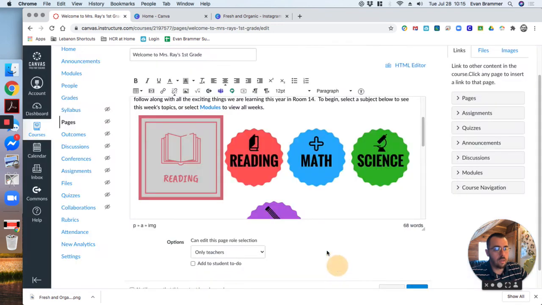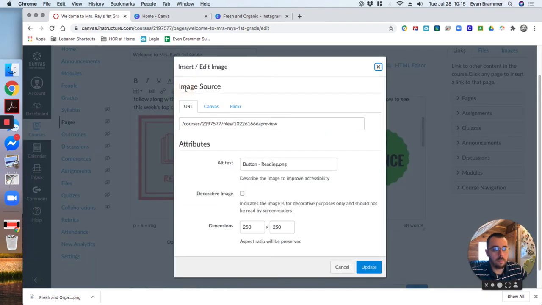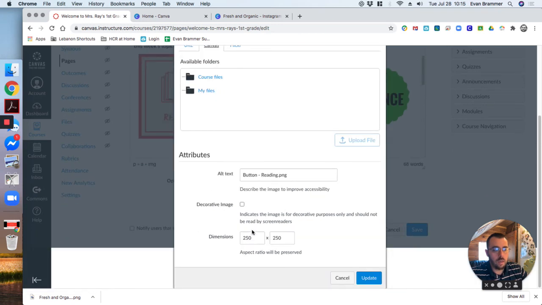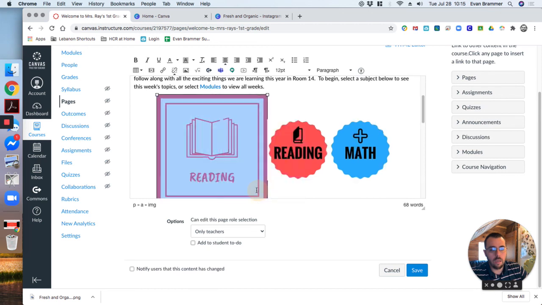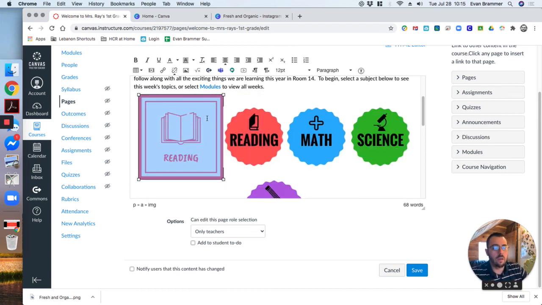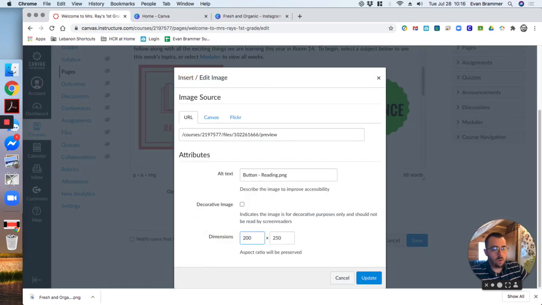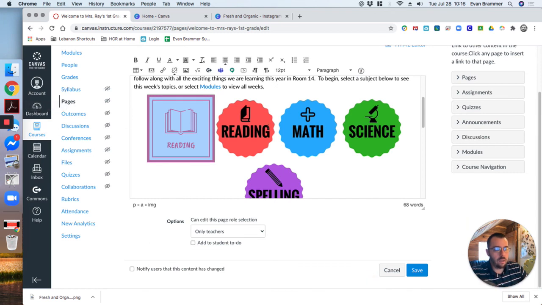click on, so notice what I did there. I highlighted the image and then I went back up to embed image, going back to the source here, and I'm just going to change it to 200. There it is. Update. Okay. And to be honest, I could just come and grab it and drag it, and I'm going to hit undo there. But the reason why I want to go up here is that I can be precise. When I'm doing my navigation, I want each graphic to be the same. I want each to have the same size. And so if I just grab it, one might be 200 and one might be 210. And so it's off-putting when you don't have similarity,